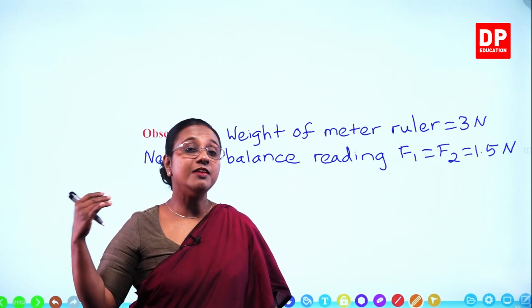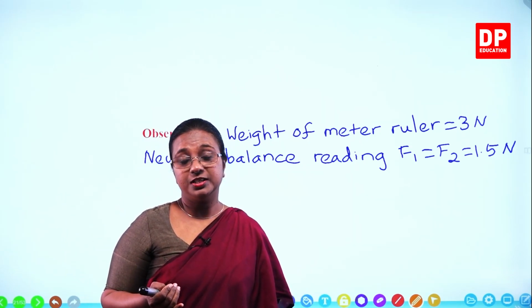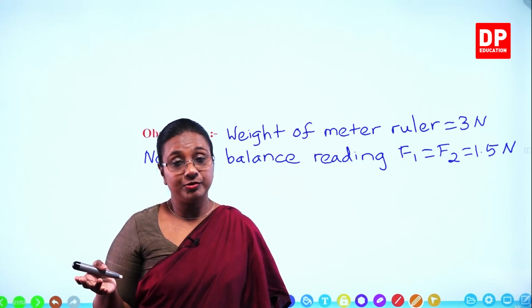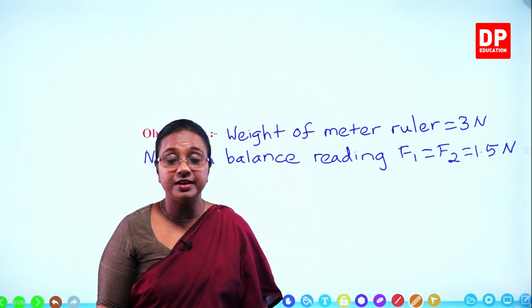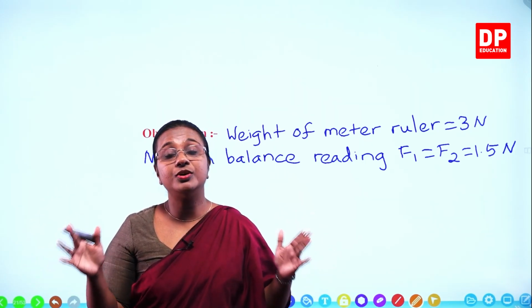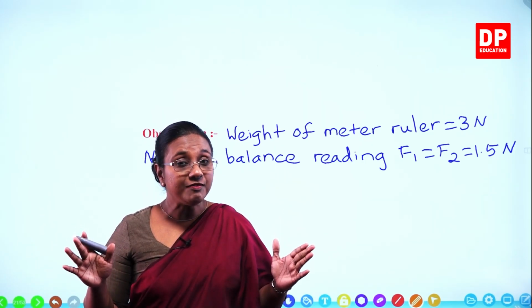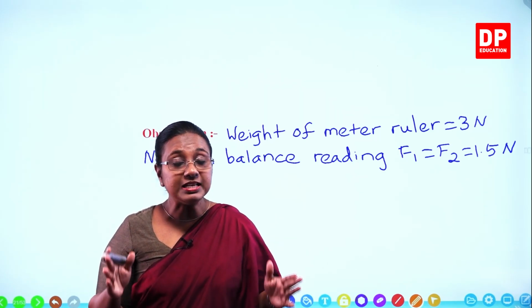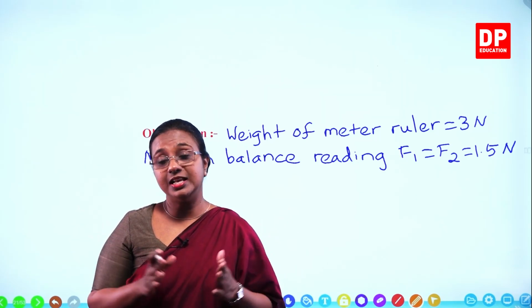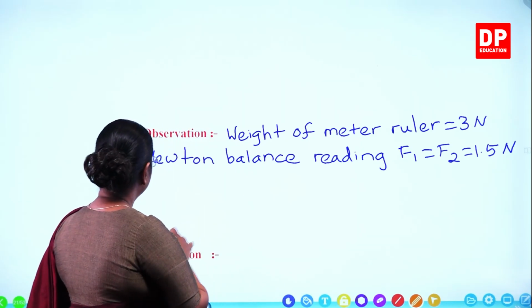And what happened when we tried to push the meter ruler? We could not get the equilibrium. When there was equilibrium, this was how we got the reading. The two balances showed equal values. But when we tried to push it, there was no proper equilibrium. Until it was at rest, the readings were different. So here we can say,